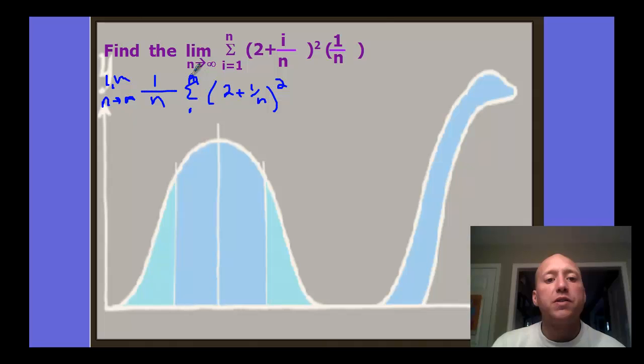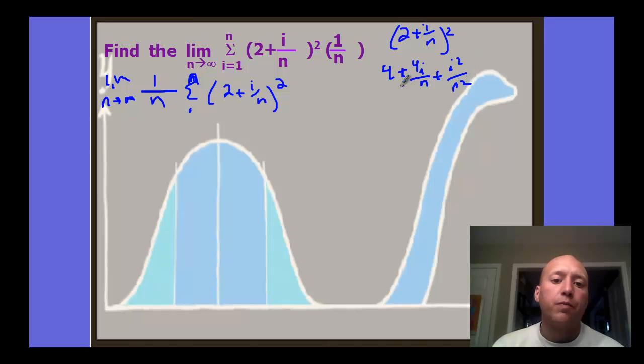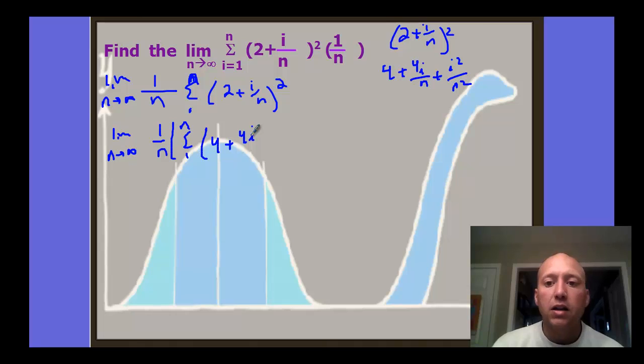And so to do this, before we find the summation of 1 to n, we actually take care of this squared term. So 2 plus i over n, that quantity squared. If I FOIL that, I get 4 plus 4i over n plus i squared over n squared. And so then we're finding the limit as n goes to infinity of 1/n times the summation of 1 to n of 4 plus 4i, and I can pull that 4 over n times i plus 1/n squared times i squared,